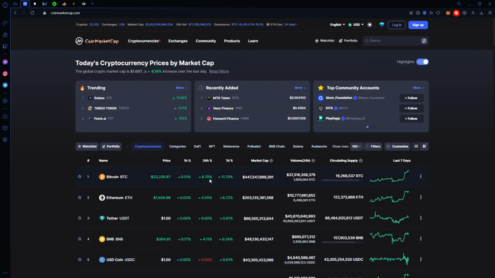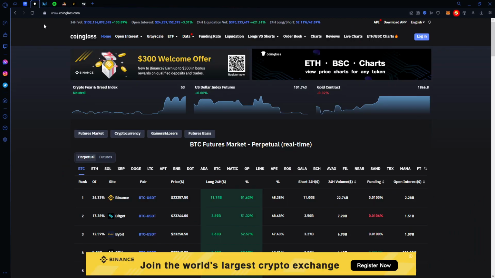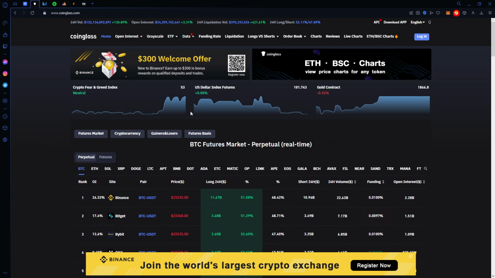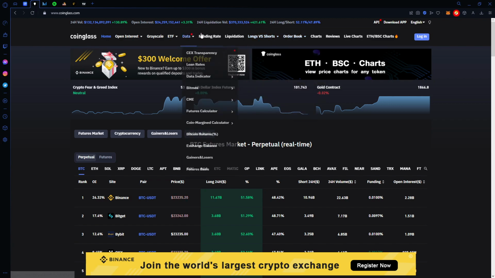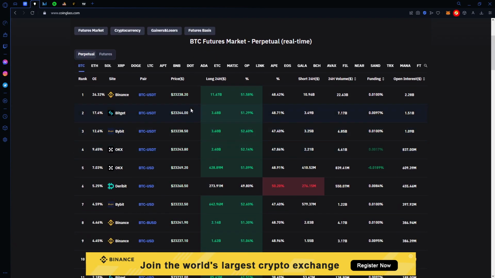But let's jump to number 4. Coming in at number 4, we do have CoinGlass. It looks fairly similar, but it's more for actual exchanges. It's not for the overall market. So you can go in and see the long and short ratio, or you can see how much was liquidated within the last 24 hours. You can see the volume,